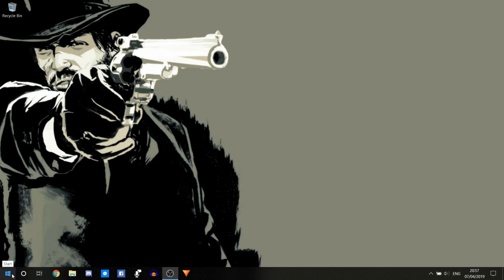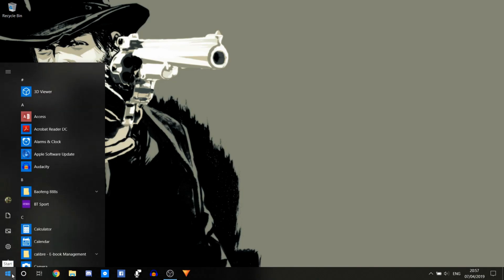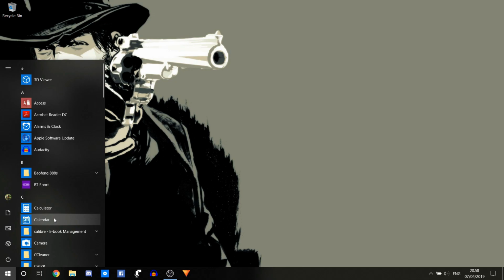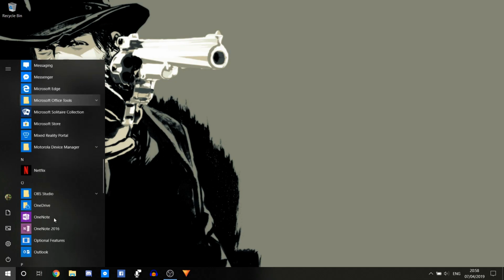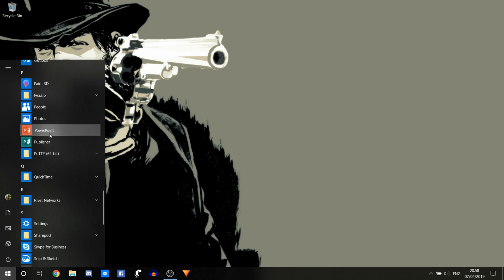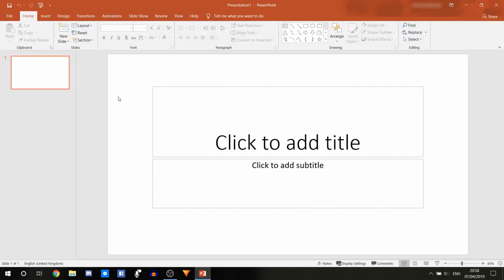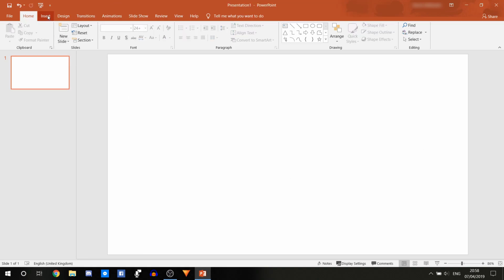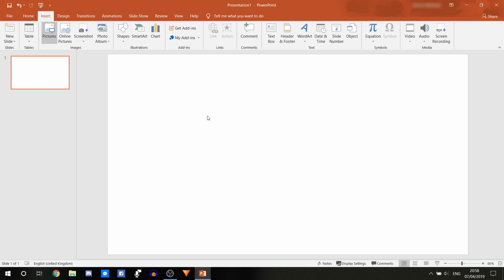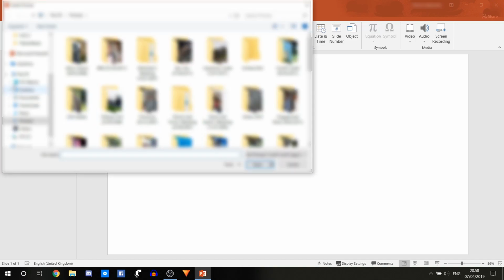Now, the next thing we're going to do is open up Microsoft PowerPoint, but you can do this in Excel or Word, but I just prefer to do it in PowerPoint, that's just my preference. Open up a blank presentation and get rid of the text boxes that are on it. Go into Insert Picture. Go to where you've saved your picture to